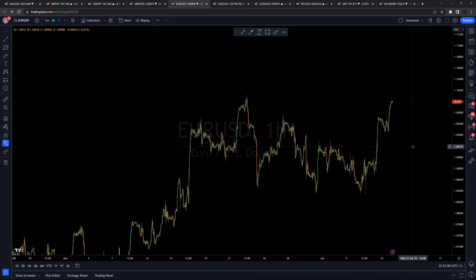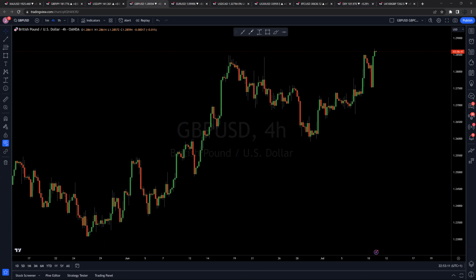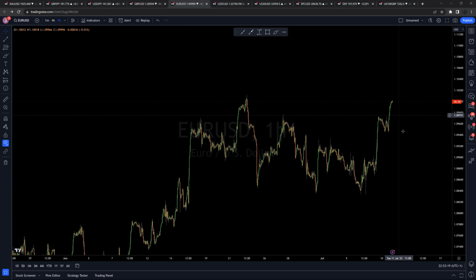For us to look for any reversals on GU and Euro USD, we would need to see dollar bouncing from 102, rejecting here again, and we would need to see GBP USD canceling out this upside move and coming back below 275. And also we would need to see Euro USD coming back below 1.096. Otherwise, on dollar pairs, we do want to remain objective and adaptive to what is going on in front of us.